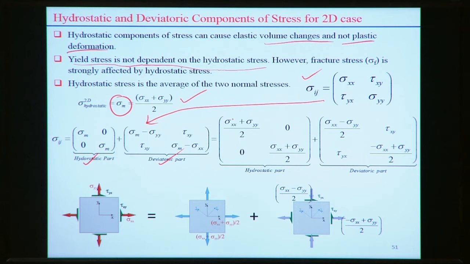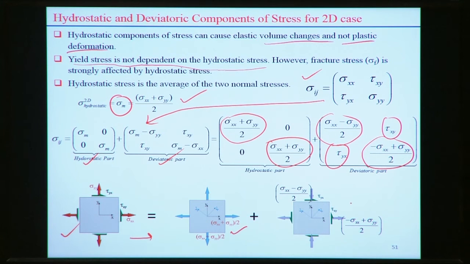So here if we find sigma x, sigma y, this is the hydrostatic component, and here is the deviatoric component, all the four. If you see graphically, if we try to represent, this is the initial stress state. We can define it into two parts. One is the hydrostatic component. Here we see it is subject to only an equal amount of stresses in both the x and y directions.